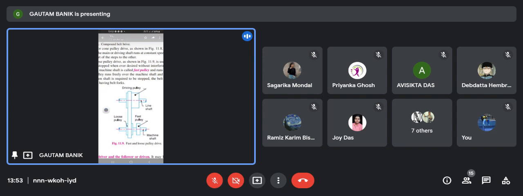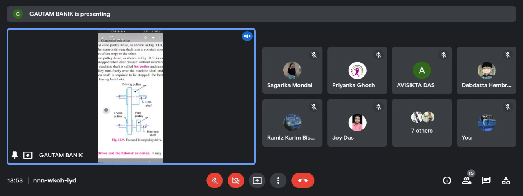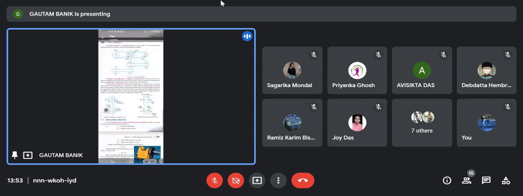রোটেশনটা আর হবে না, তাহলে বন্ধ হয়ে যাবে। তাহলে অন্য পুলিটা ঘুরতে থাকবে। এই যে ফার্স্ট পুলি যেটা মেশিন শ্যাফটে লাগানো আছে, এটাকে বন্ধ করে দিলাম, আর যে কোনো একটাকে লুজ করে দাও, তাহলে একটা মেশিন বন্ধ হয়ে যাবে, আরেকটা মেশিন চলতে থাকবে। এটাকে বলা হয় ফার্স্ট অ্যান্ড লুজ পুলি। যে কোনো একটাকে ডিসএনগেজ করে দিলে মেন শ্যাফট ঘুরতে থাকবে, শ্যাফটে পাওয়ার দিতে থাকবে। একটাকে লুজ করে দিয়ে আরেকটাকে চালু রাখবো, তার মানে একটা মেশিন চলবে, আরেকটা ফার্স্ট অ্যান্ড লুজ পুলি।